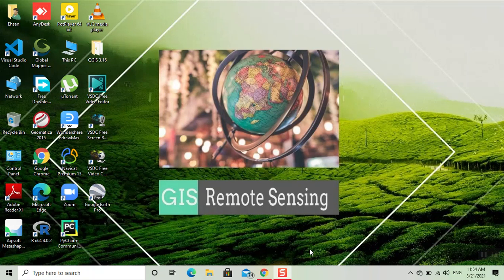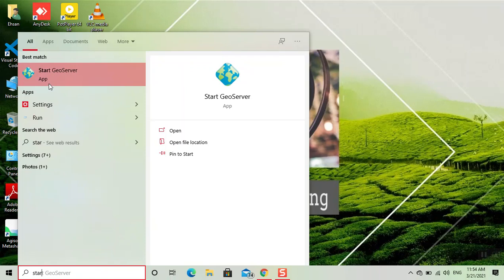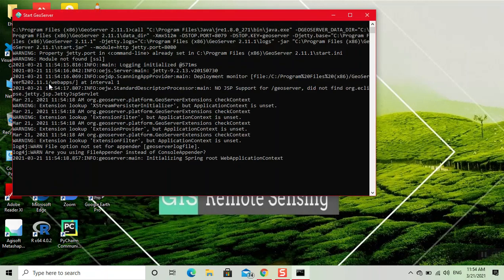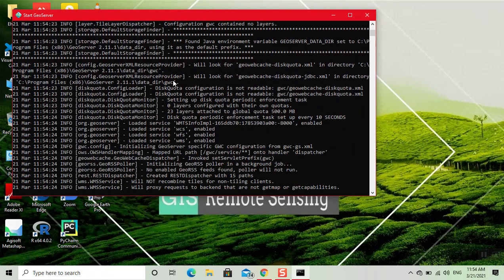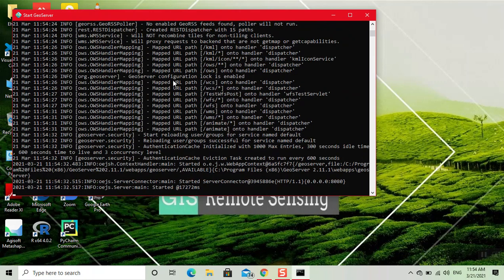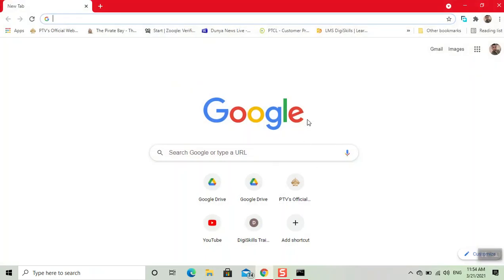In this video, I will present how to give style to shapefile in the GeoServer. First, we start the GeoServer. Now we minimize this window. Now open the Google Chrome. We write here